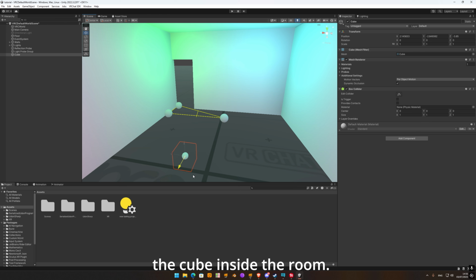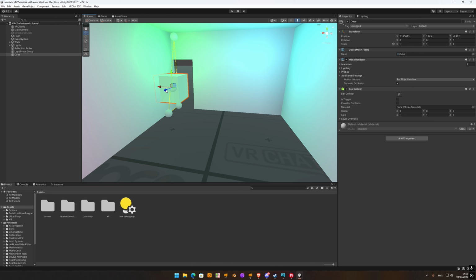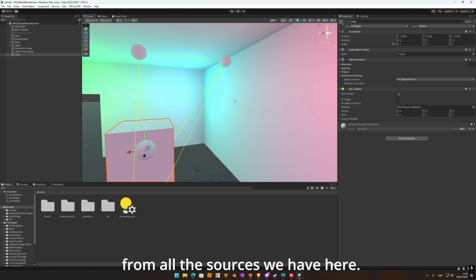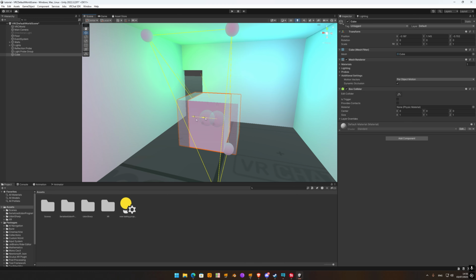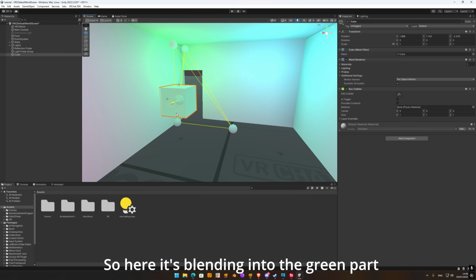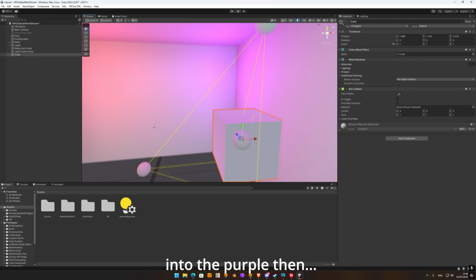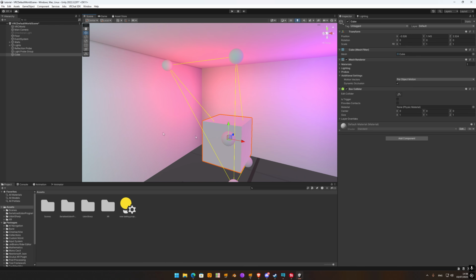So I'm gonna bring the cube inside the room, and we can see it's matching the lights from all the sources we have here. So here it's blending into the green part, and here it's blending into the purple, then